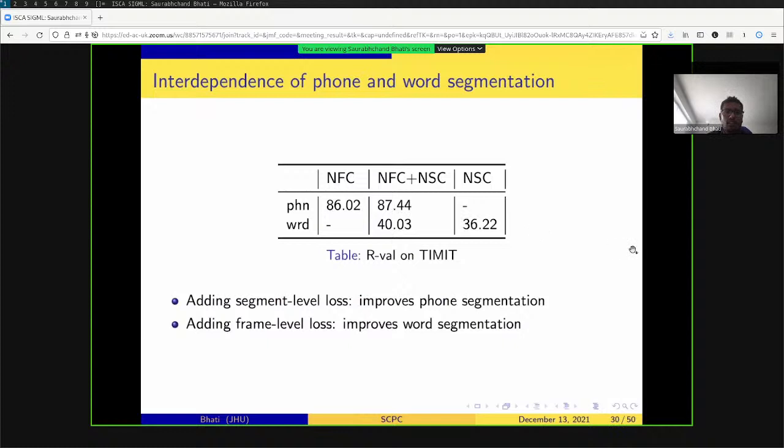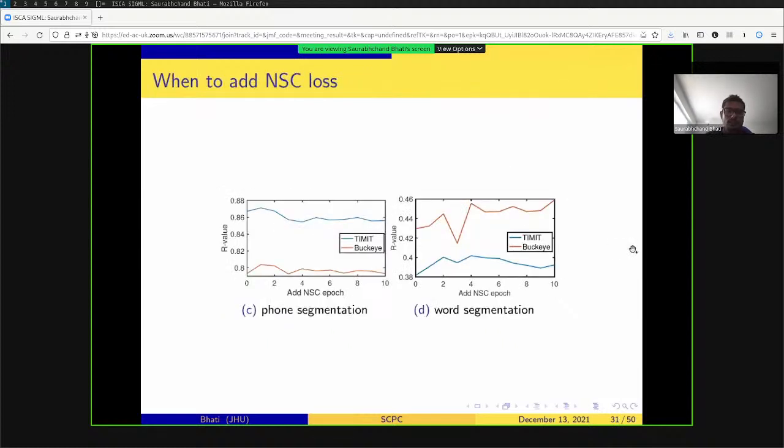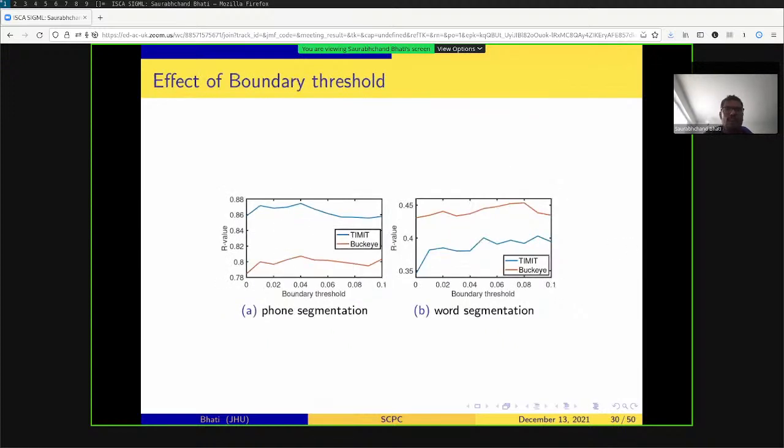And we have done a bunch of ablation studies. This one shows how the boundary threshold affects the final phone segmentation performance. We trained 30 systems, 3 for each boundary threshold, and we varied the boundary threshold from 0 to 0.1 with a step size of 0.001. And as you can see,